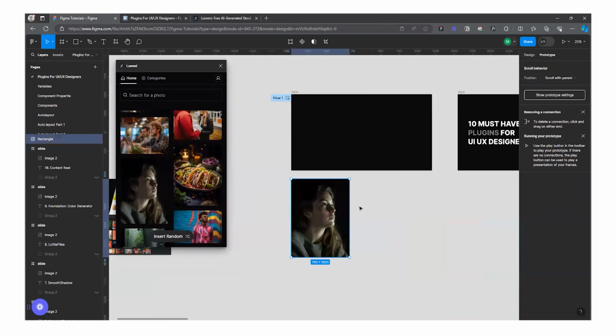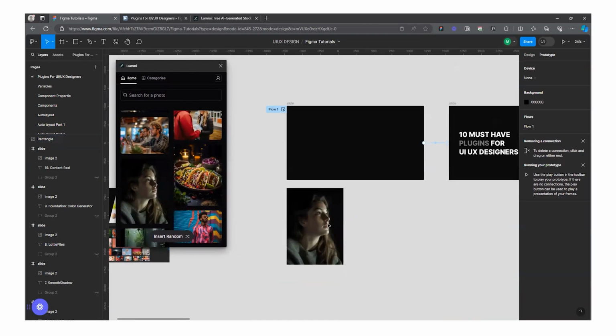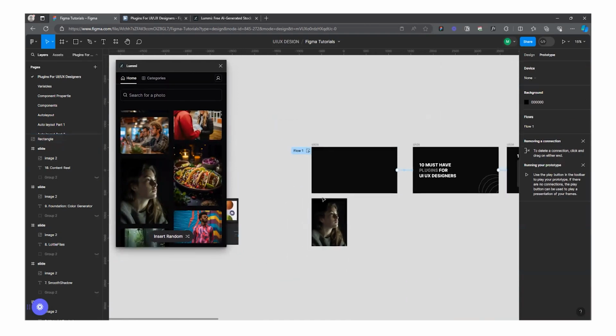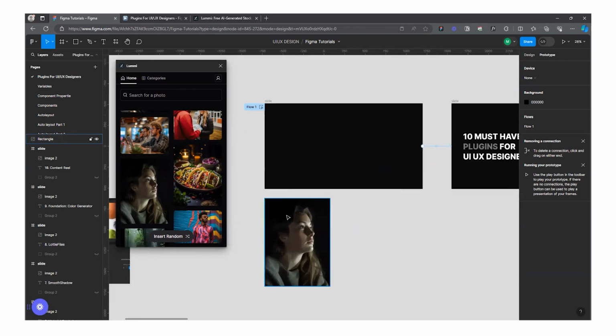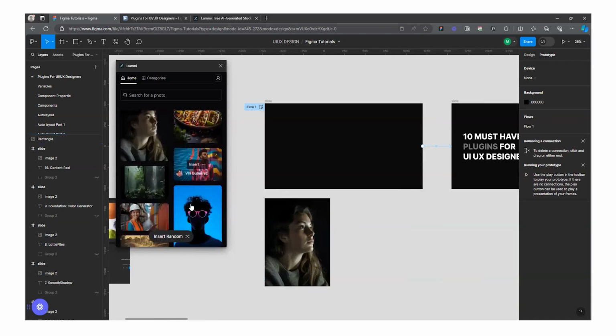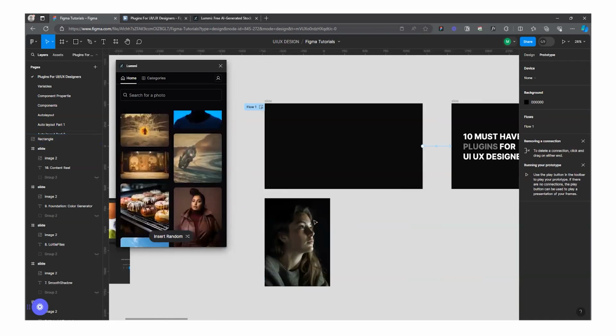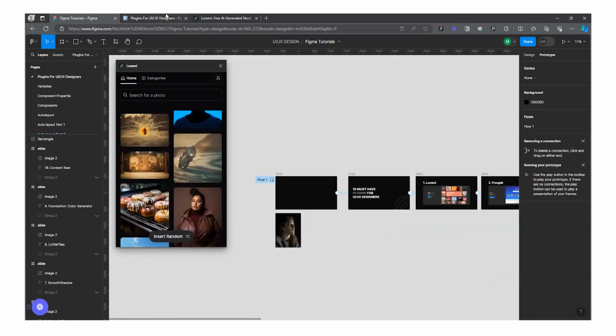I also made a video on platforms where you can download free royalty images to use for your projects if you don't have enough budget for premium pictures or images. So this is it. They have lots of images here. The next one is